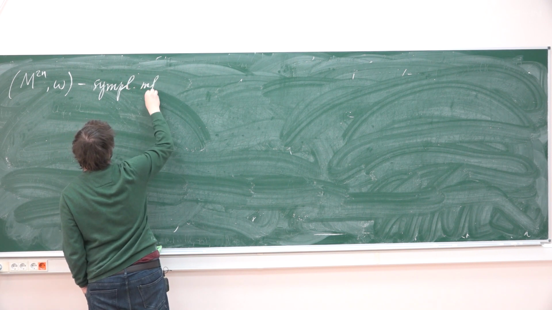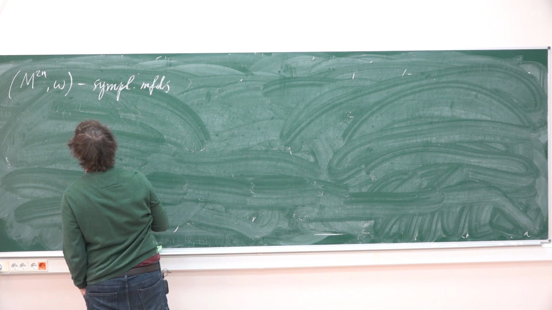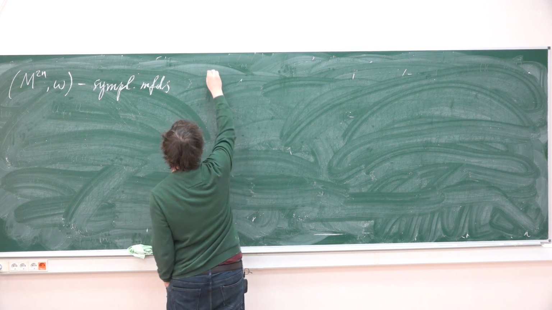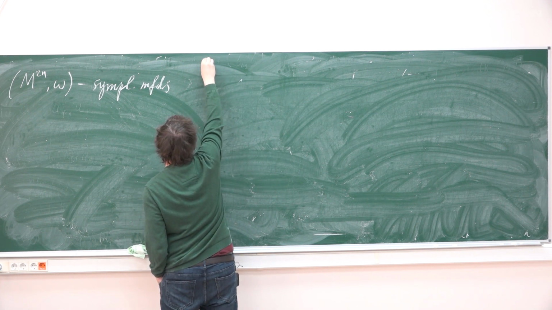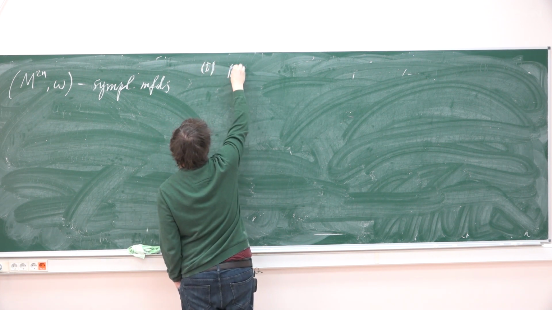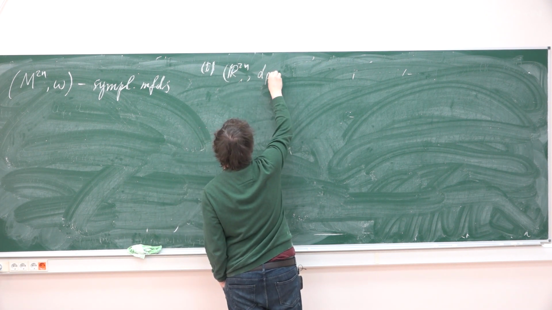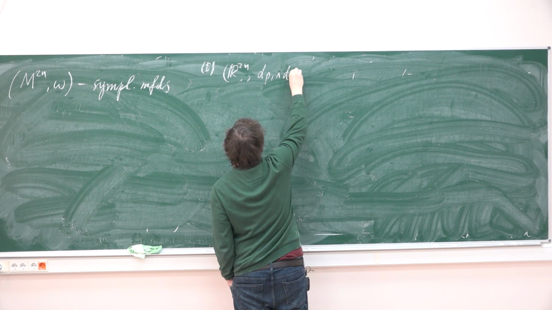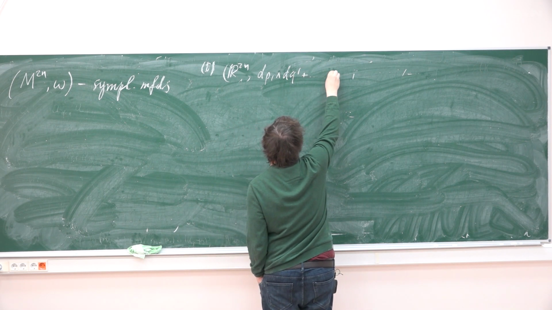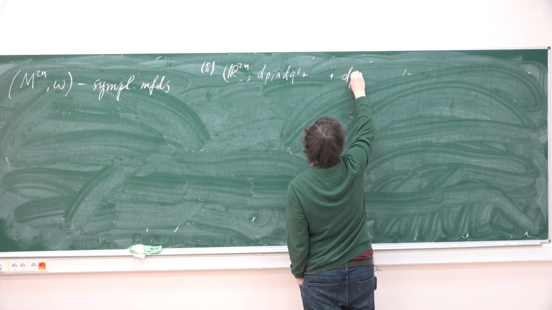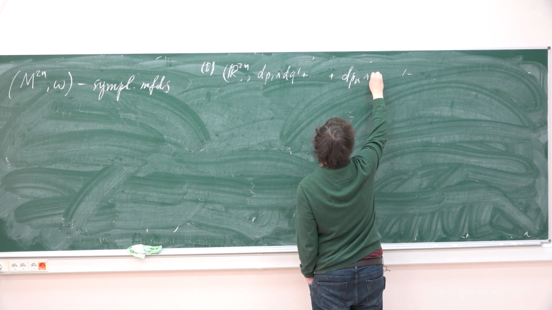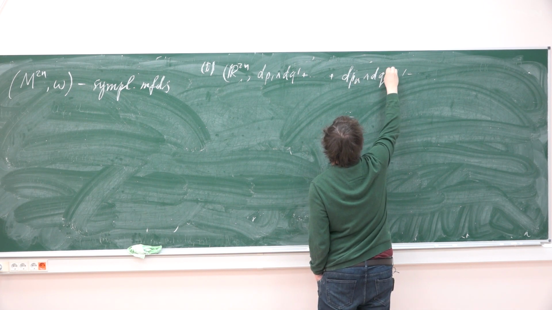Let me give you a few examples of symplectic manifolds. Example number 0 is R^2n with the form given by dp1 dq1 plus and so on plus dpn dqn. That's the standard symplectic form